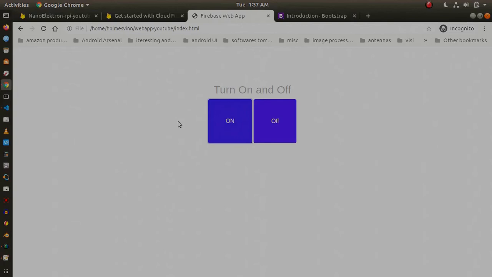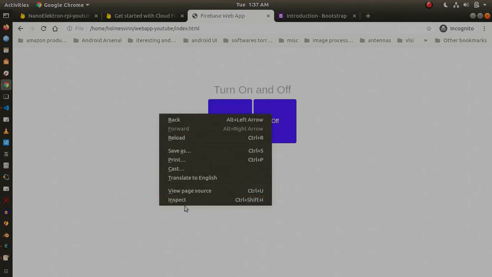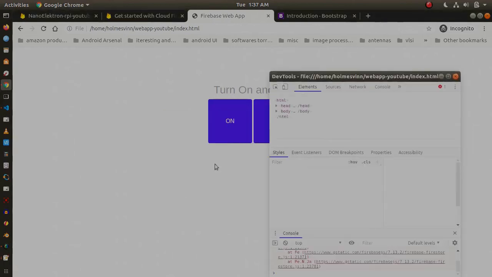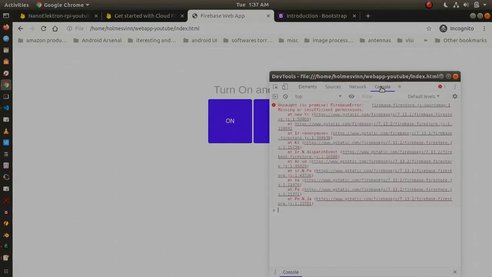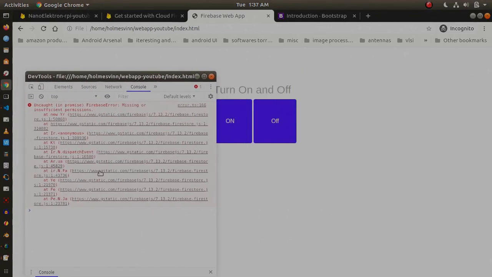So let us now check whether we got any console errors. It seems like we don't have the necessary permission to update our Cloud Firestore. And the reason is that while creating the database, we started it in the production mode, and it is expecting only the authenticated users to read and write the database.